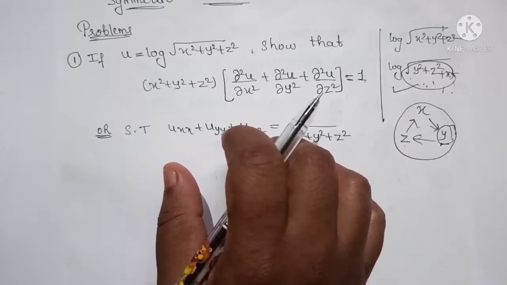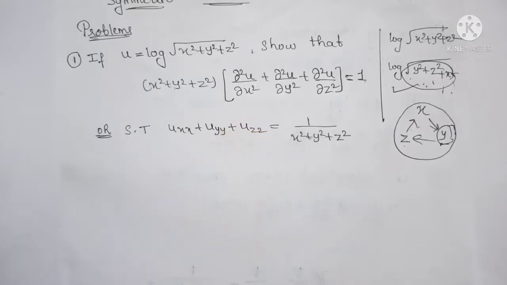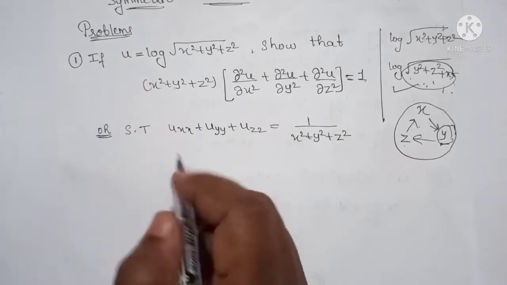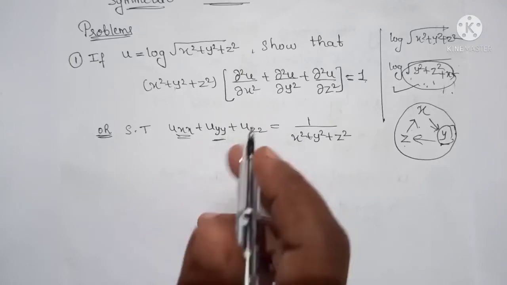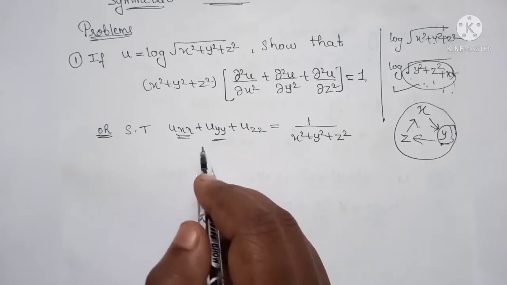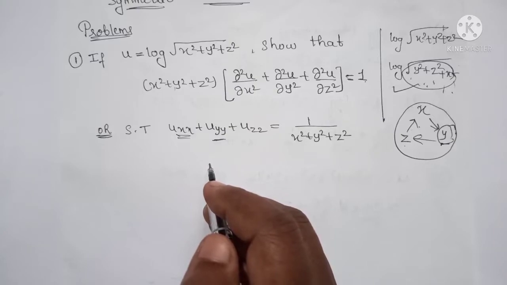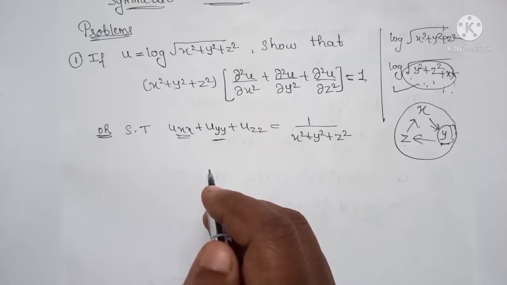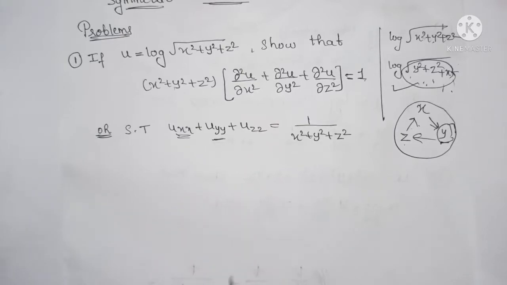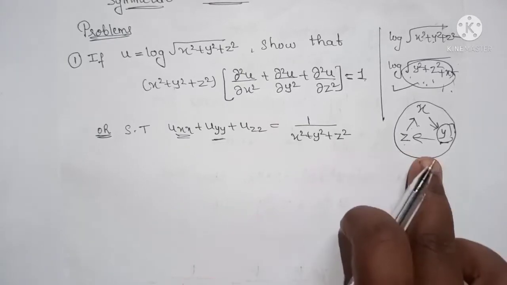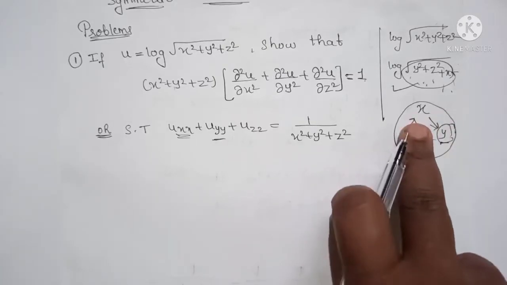The main use of a symmetric function is while finding the partial derivative. If you find the partial derivative of u with respect to one variable, that is u with respect to x, this can be easily found by simply replacing x by y, y by z and z by x. In the case of two variables, we simply replace x by y and y by x. In the case of three, we replace in this cyclic manner.